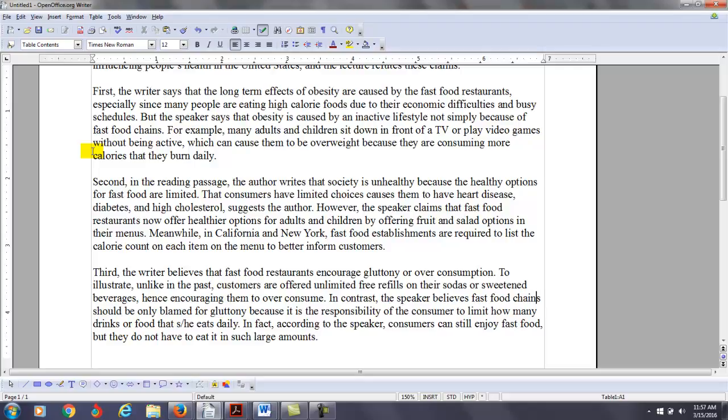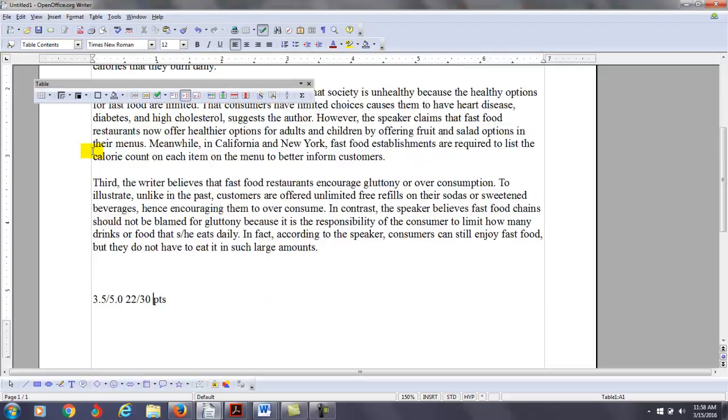In contrast, the speaker believes fast food chains should not be blamed for gluttony because it is the responsibility of the customer to limit how many drinks that she or he eats daily. In fact, according to the speaker, consumers can still enjoy fast food, but they do not have to eat it in such large amounts.